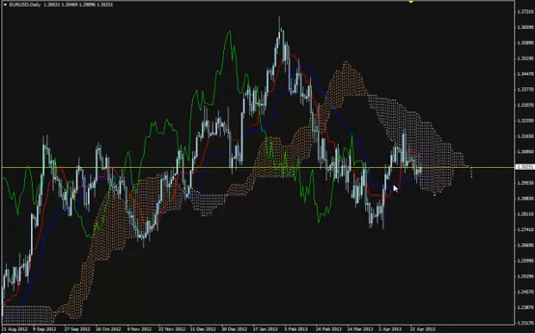We have this crossover here, Tenkan-sen above Kijun-sen, but because it happens below the Kumo, it is bullish but weak. So with all these weak signals,